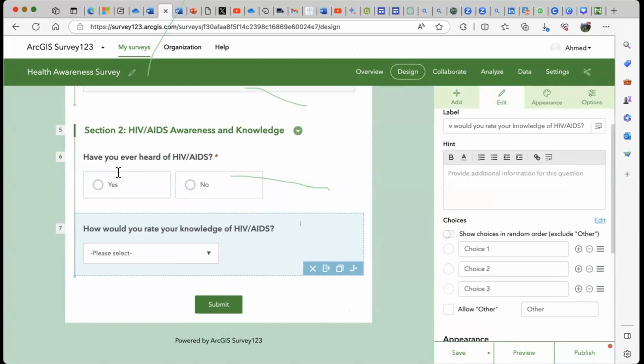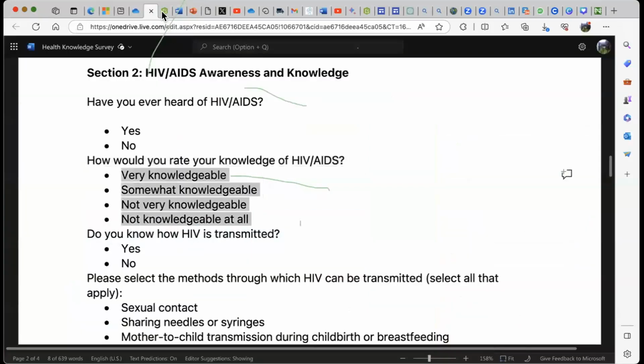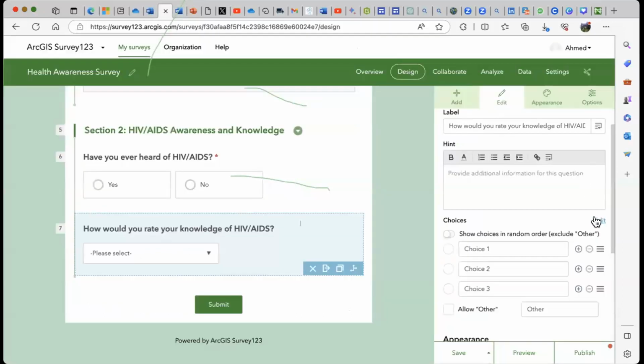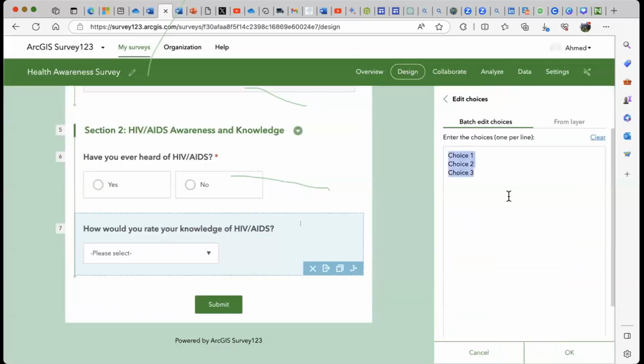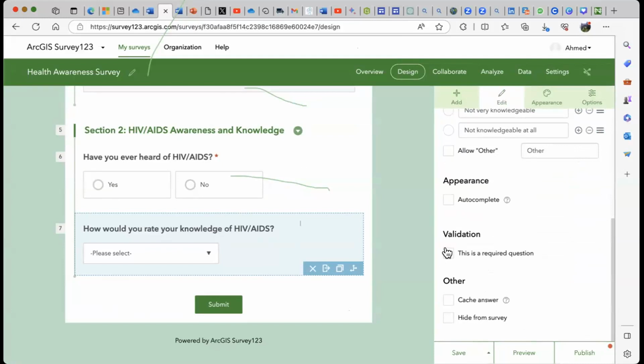So what are the options? Okay. Click on the batch edits. Can we see that? So I've got all the options. You need to be very careful. You don't have to have space there. Okay, it's a required question.